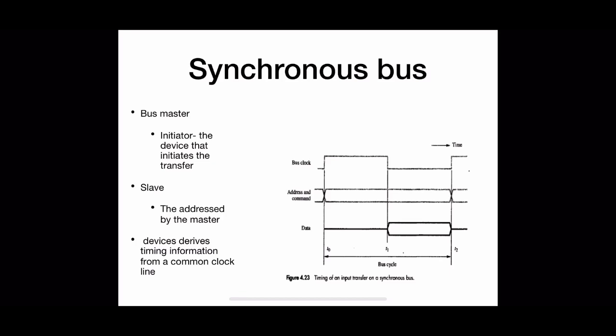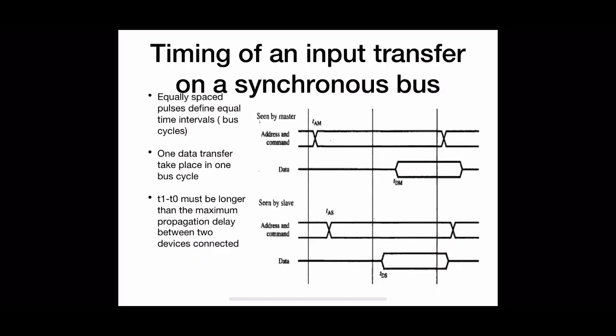The diagram shown here is actually an idealized one. The signals seen by different devices will be different as they are connected at physically different points on the circuit, right? So the propagation delays for the same signal to reach different devices will be different. That is, the signal transition seen by a master will be different from that of a slave. So we can see a detailed view of these two diagrams: signal transition seen by a master and signal transition seen by a slave.